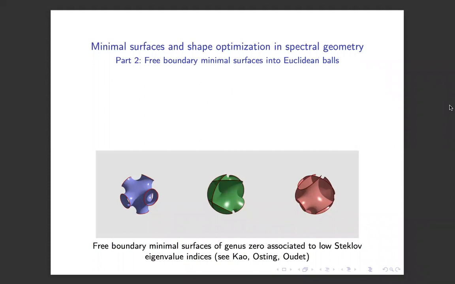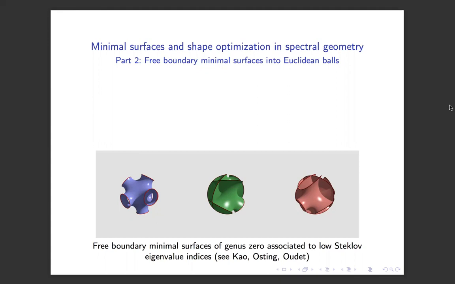In this part 2, we aim at talking about free boundary minimal surfaces into Euclidean balls. These surfaces are very similar to minimal surfaces into spheres. And I will not give a very long explanation of these surfaces, because you can find on this channel a video by Martin Li, which is very complete on the subject. But here I would like to focus on the link between these surfaces and eigenvalues of